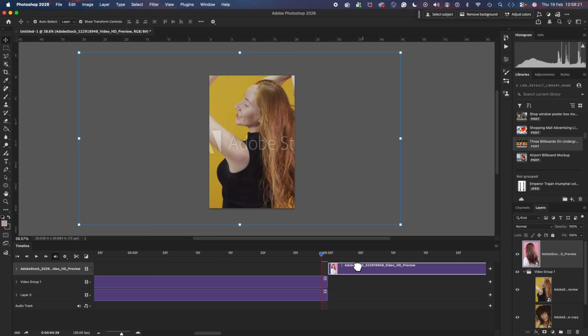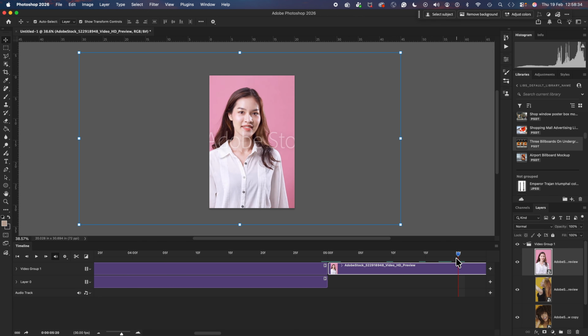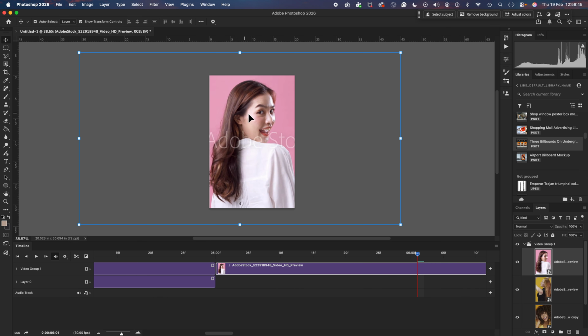And again, I can drag this down. If I drag it down onto the same line as this, it will pop it inside this video group, like so. And again, I'm going to look for 3 seconds that I really like. I find this bit at the beginning a little bit dull because she's not doing much. I like this face, so let's just